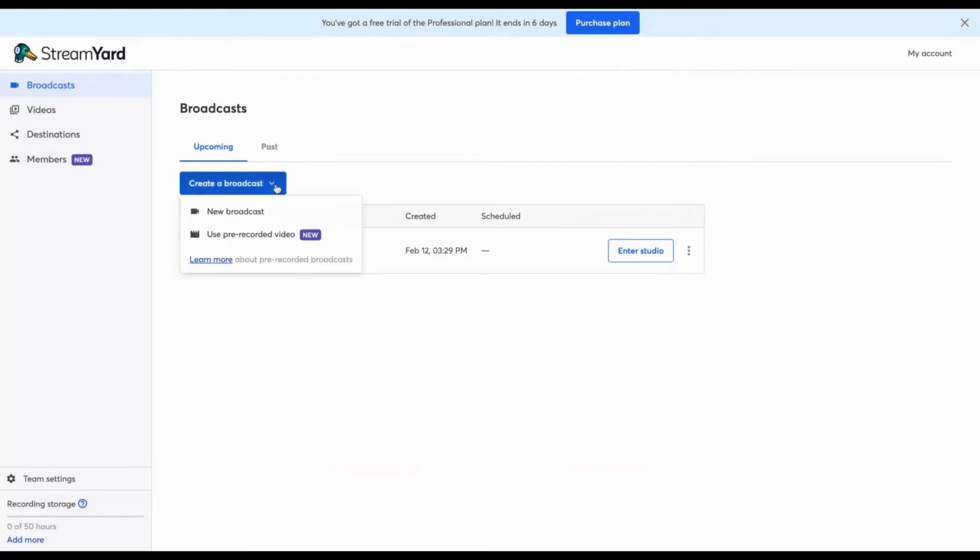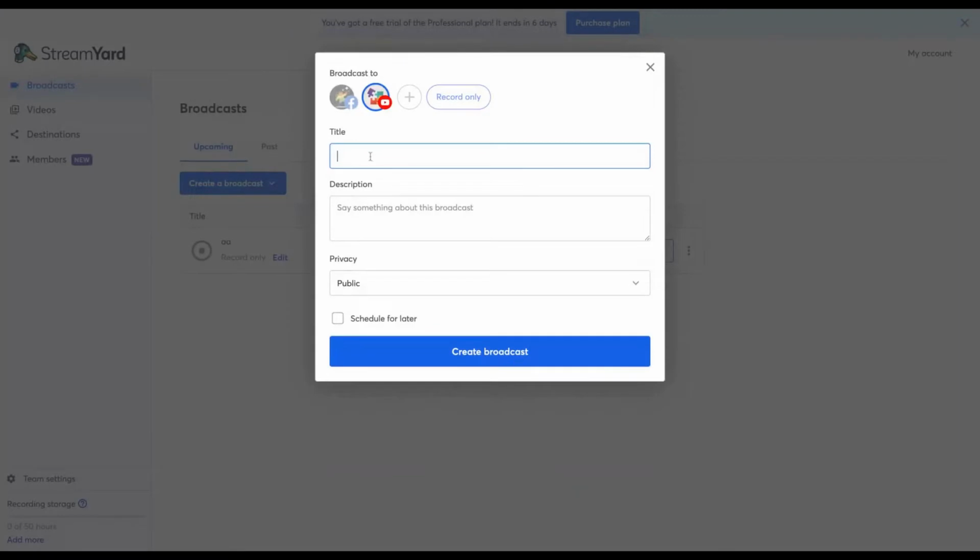But usually you want to go live because you don't want to appear as a fake for your audience. You need to be live and answer questions. It's how it works. So you're gonna select new broadcast and you will do a title for your live one. You're gonna select the descriptions, and you can select the privacy, public, unlisted, or private. For the sake of this review, it's private.